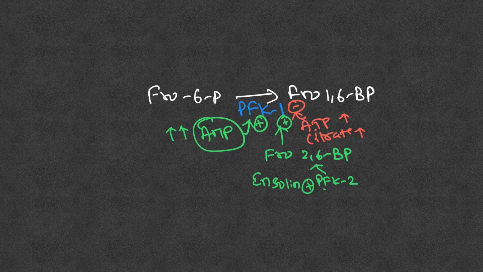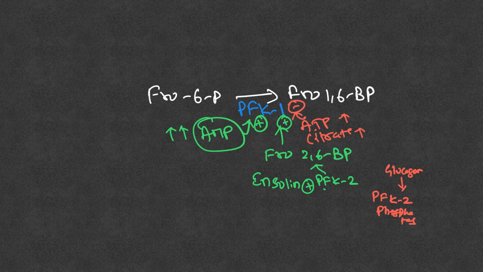Now there is glucagon. Whenever we are in fasting conditions, glucagon is the fasting hormone, and what does this glucagon do? Glucagon will have a negative effect on the PFK2 enzyme. Basically it decreases the kinase part of the PFK2 enzyme and increases the phosphatase part of PFK2, so glucagon is going to activate PFK2